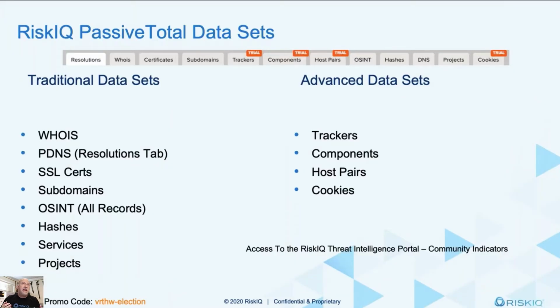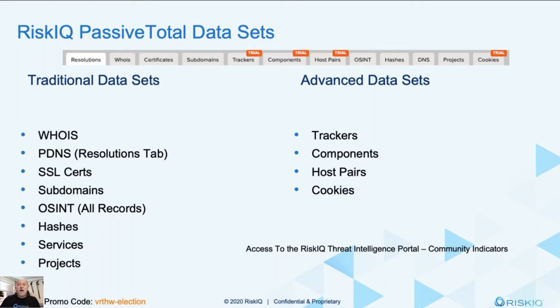So inside of RiskIQ, the advanced data sets are the ones that have trial listed up above. The traditional data sets that you're looking for, like whois, passive DNS, SSL search is an advanced data set, but we give it to you because whois data, with GDPR, has been redacted. It's obfuscated, so you can't tell a lot of the linkage that it would give you in the past. Subdomains, open source intelligence, hashes, services and projects, and the ones that link more things together to give you the full complete picture of the infrastructure chain that you're seeing will be the trackers, the components, the host pairs, and